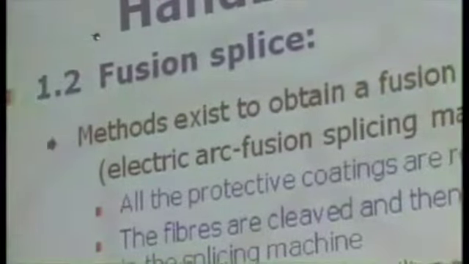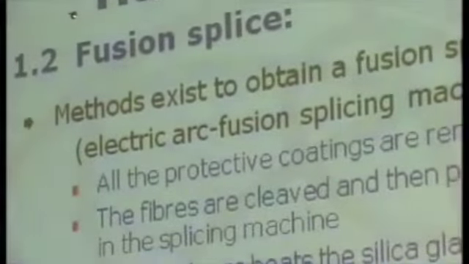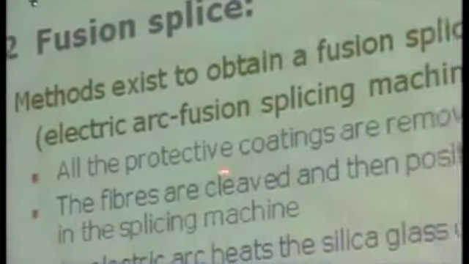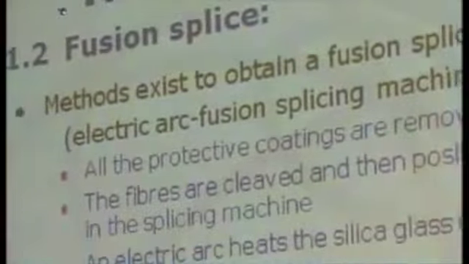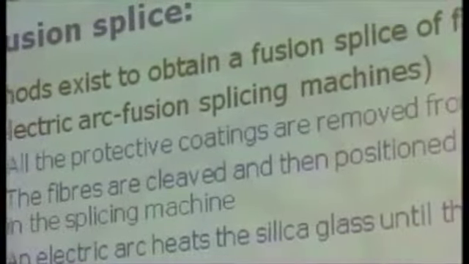We can understand more by looking at the methods that exist to obtain a fusion in fibers or in ribbons. Normally, we use what we call a splicing machine. That is, the fusion of the fiber is caused by the electric arc applied to the fiber. Generically, the procedure is the following. We have two